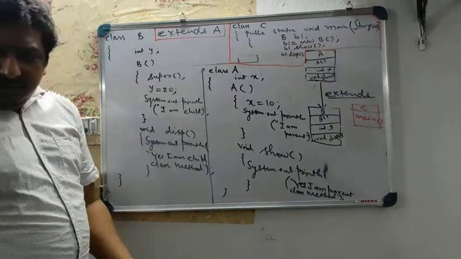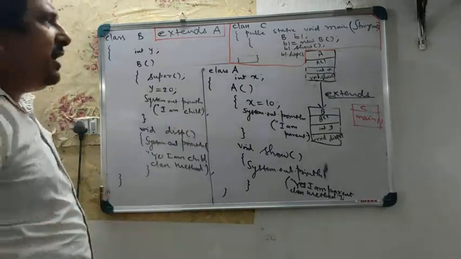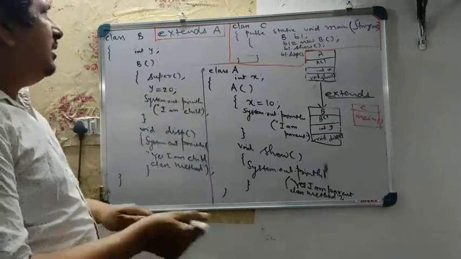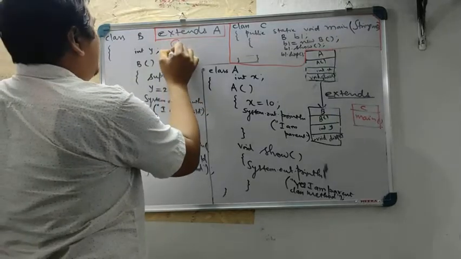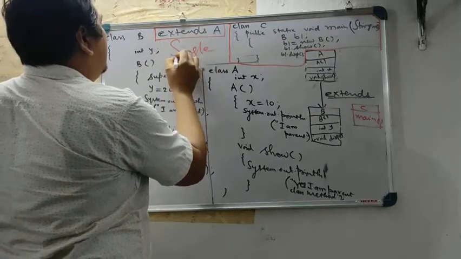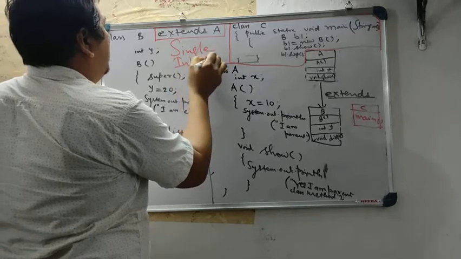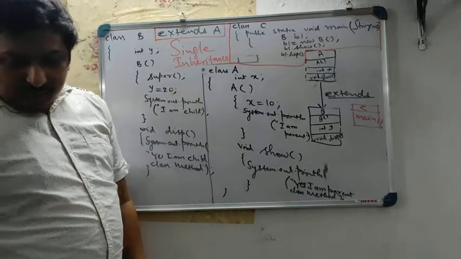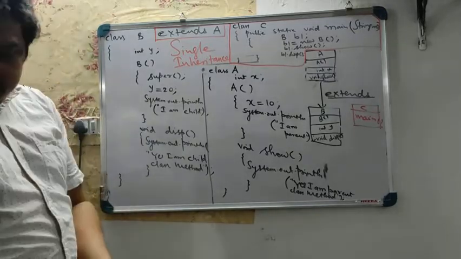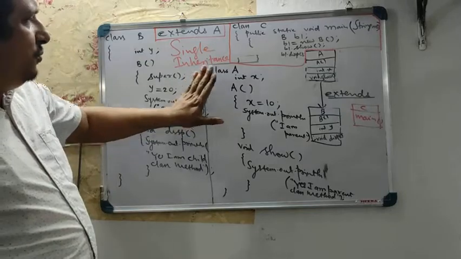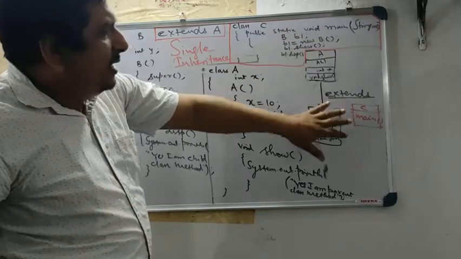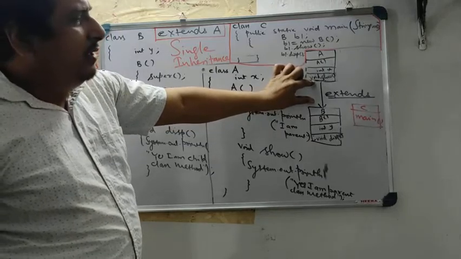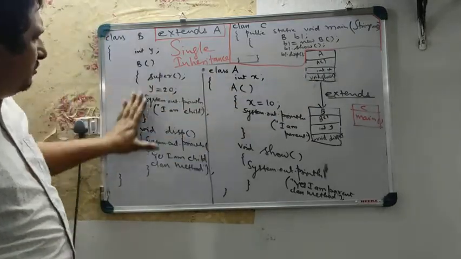So this is the main idea behind this inheritance. This is known as single inheritance. So whatever we have discussed so far is single inheritance, where there will be one child for a parent. So we have a parent, we have a child, and there is a relationship. This is mandatory. And then we defined each of them.